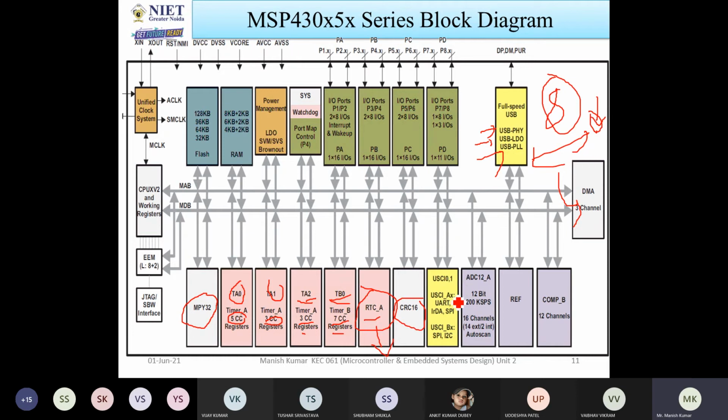Now you have a USCI module block. USCI is called Universal Serial Communication Interface. This is used for synchronous communication and also for asynchronous communication. So this microcontroller supports both synchronous and asynchronous communication.